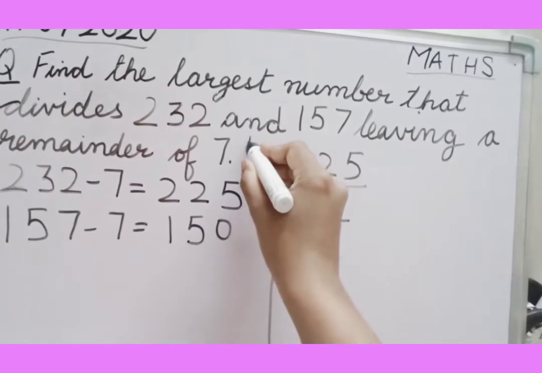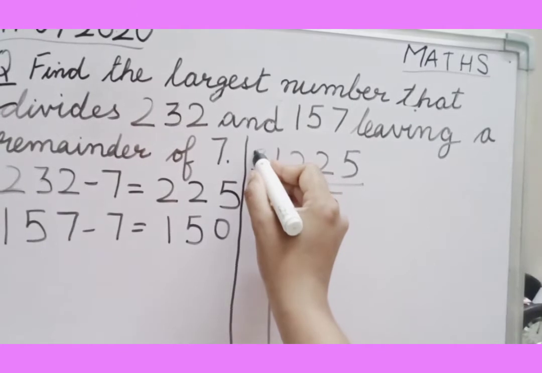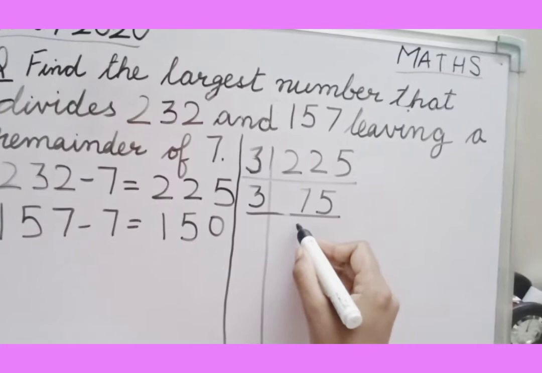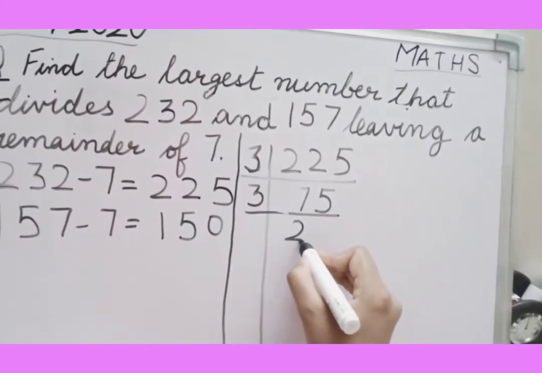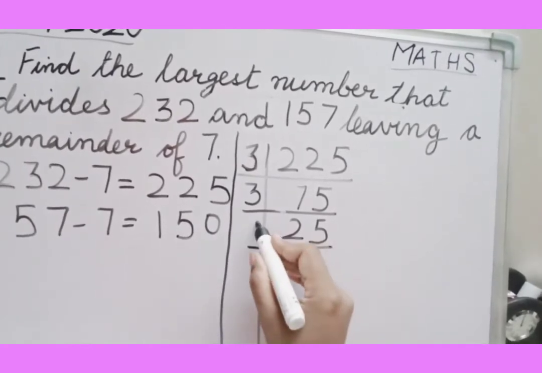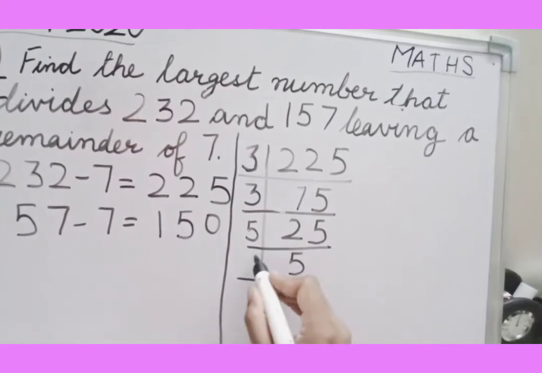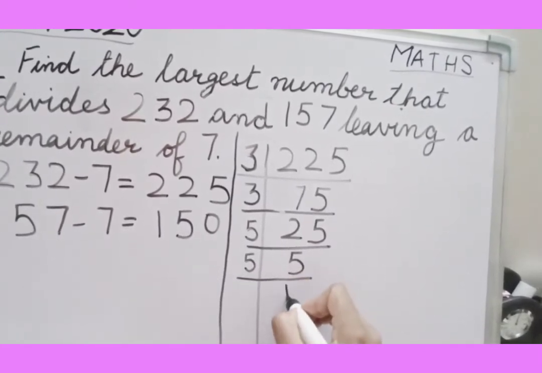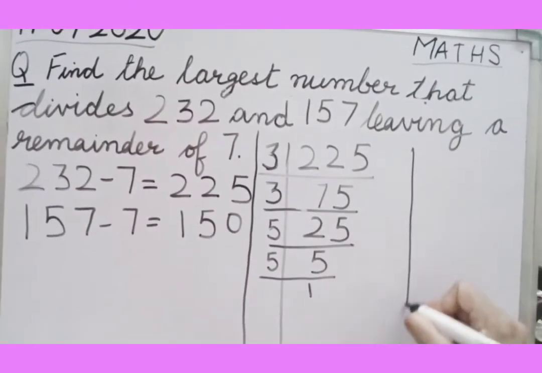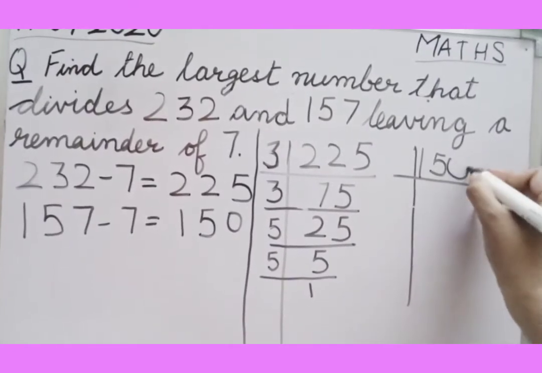I'll just mark a line so that you cannot mix two digits together. So the first factor was 3 itself, another one is again 3. When I divided 75 by 3, 3 2s are 6 and 3 5s are 15. Now 25 will be divisible by 5 only, and I'll get the answer 5. And the last step is 5 into 5. 5 ones are 5. Another number which we have is 150. So let's find out the factors for 150 also.